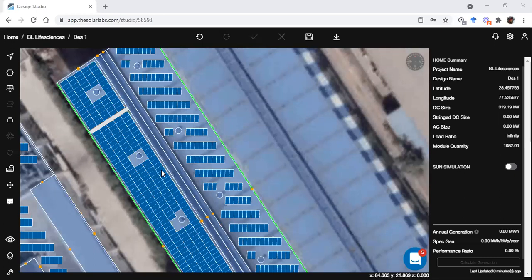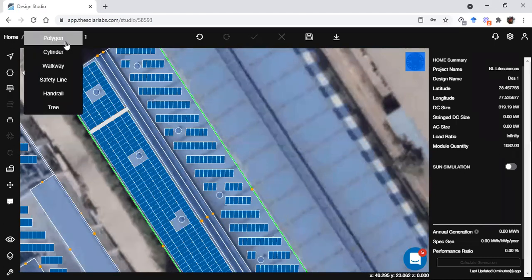Okay, we have this question from Ralph Raja. Can you please explain about using shortcut commands? So, okay, sir, for shortcut commands in Solar Labs, we have a few. If you go to models, for polygon, either you can select from here or just simply press P from your keyboard. So if you press P, you will have the polygon tool activated.